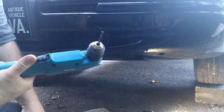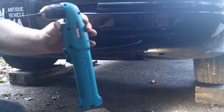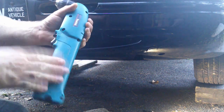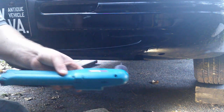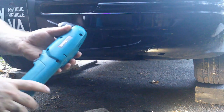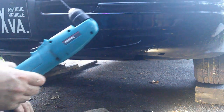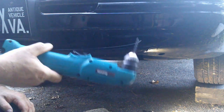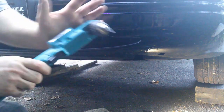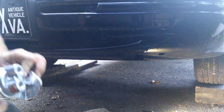This thing's 20 years old easy, but really a good piece. You can find these around, and there are other companies nowadays that make them. I think when I got this, the only one you could just go find was a Makita. So, especially nowadays, on Amazon, I think there are some foreign brands that you never heard of that make one of these, and that's something you're not going to use a whole lot. It'll do you just fine. But for close quarters, you can't beat it. So anyway,